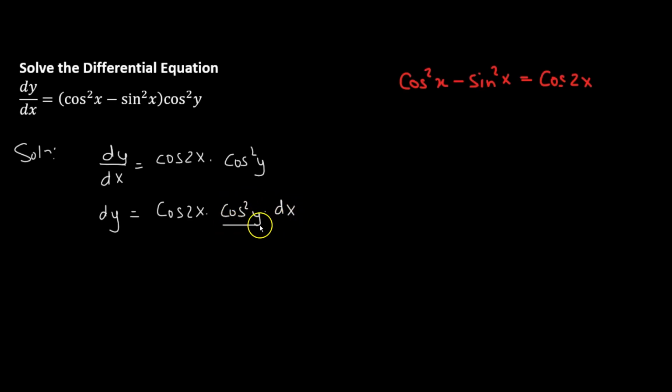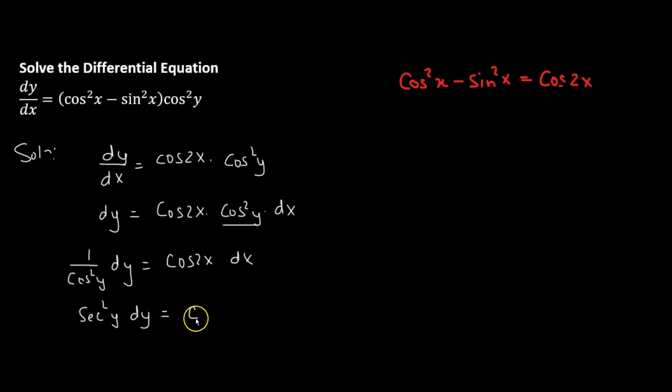Now we get rid of this cosine squared y, so we divide both sides by cosine squared y. So we have 1 over cosine squared y dy equals cosine 2x dx. So 1 over cosine squared y is simply secant squared y dy equals cosine 2x dx. So this is in the separable form, so we can integrate both sides,